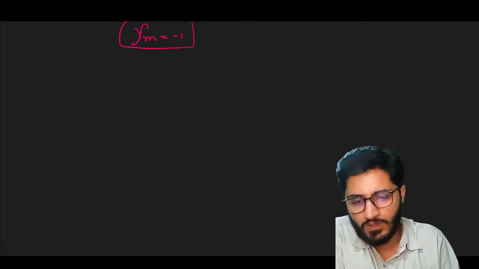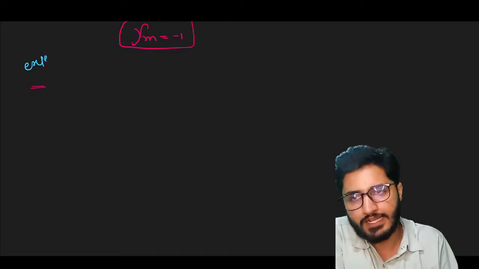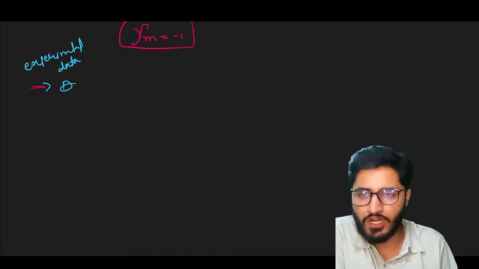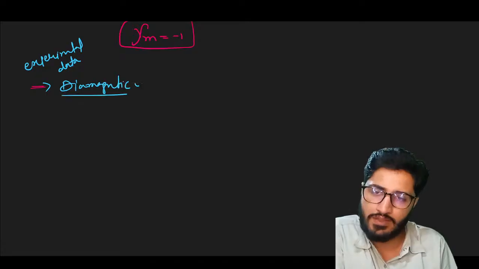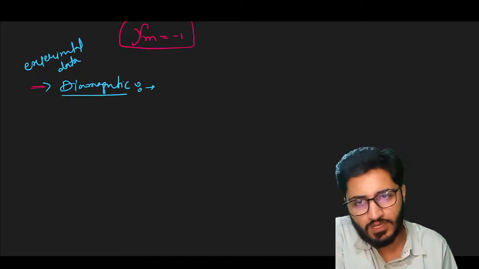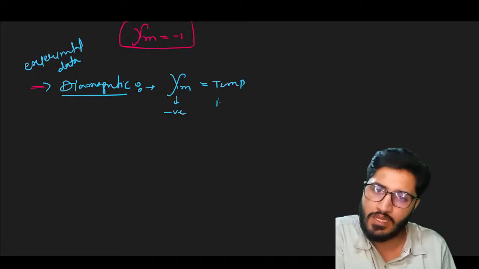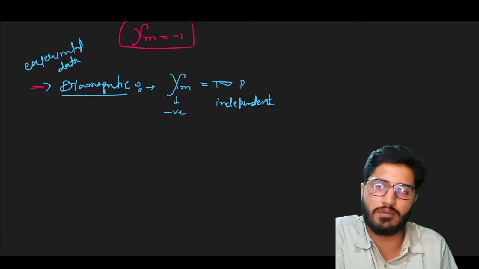One more thing. This is experimental data. If we are talking about diamagnetic substances, these are repulsed materials. So we found that chi m is negative, but it is temperature independent. That means if we are talking about